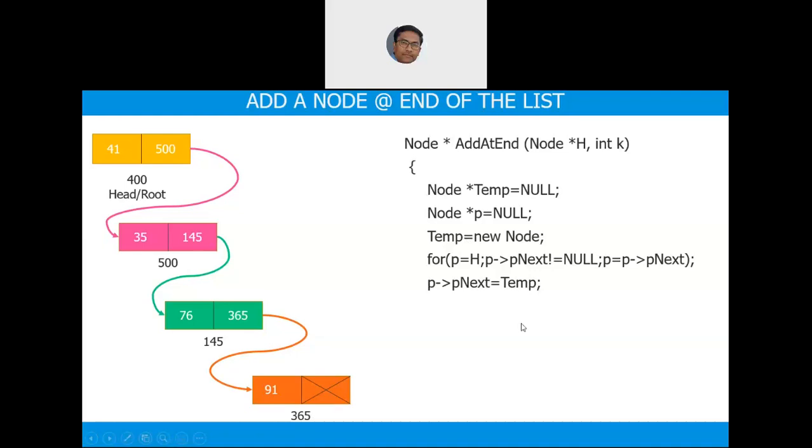So assume that you have some address. I think the diagram will come later. Then temp is already created. So temp arrow x element is k. Now for a meaningful link, the last node, the last bogey has to be null. So temp arrow p next is null. Then you can pop up saying that the node is added. Then you return h.